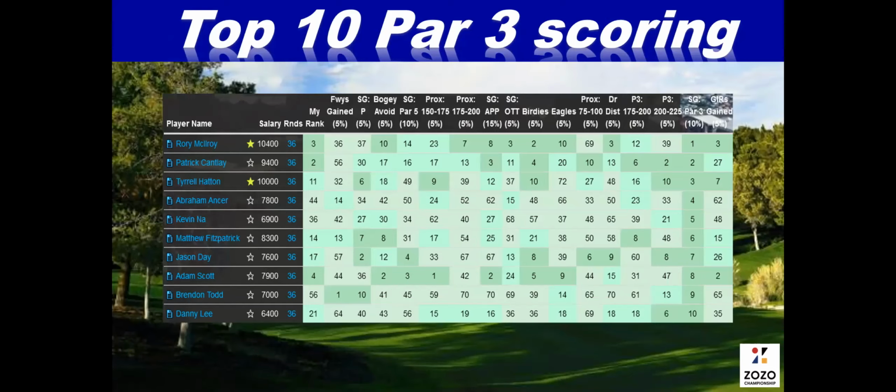I really focused on that, and you can see the weight in the model is at 10%. But I didn't look so much at the 5 par 3s. And so you have 8 par 4s, 5 par 3s. And so I wanted to see from a shots gained perspective, who gains the most shots on par 3s. And hence you got Rory, Cantlay, so some of the same guys, Hatton,